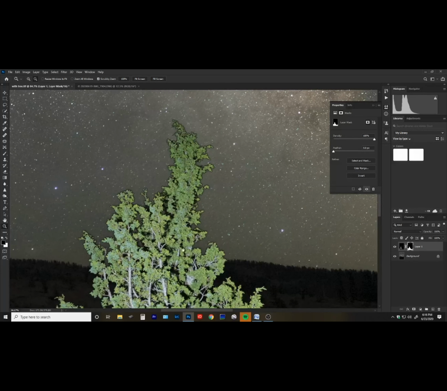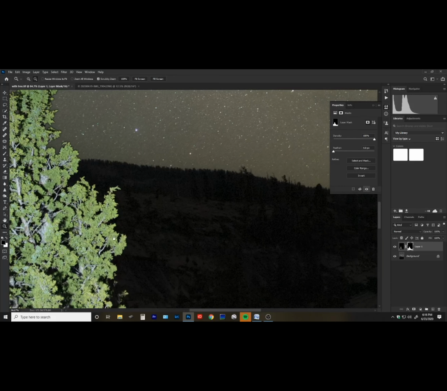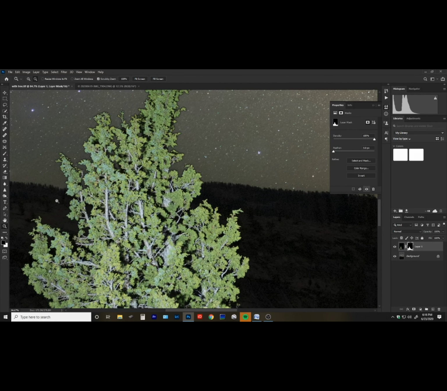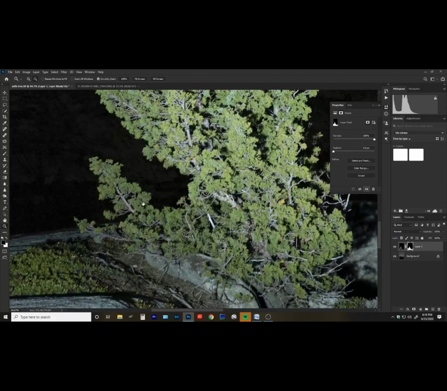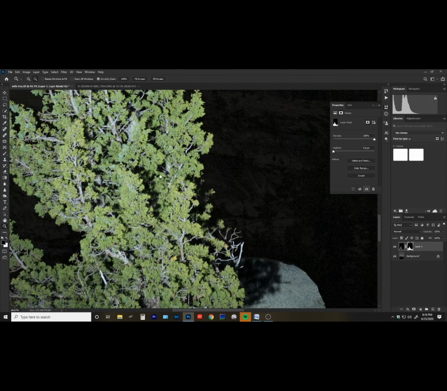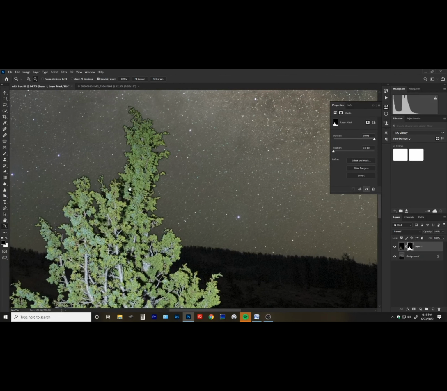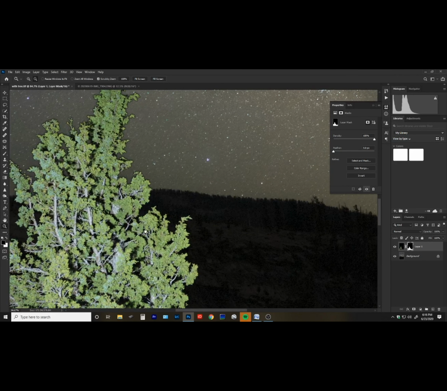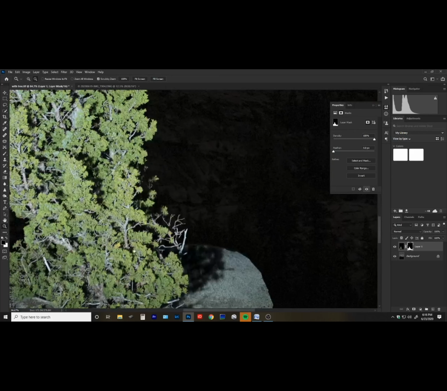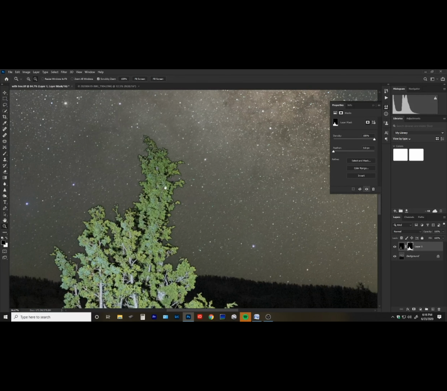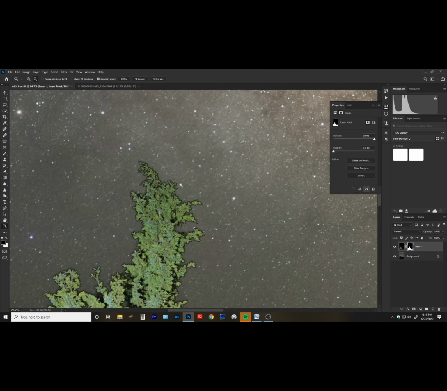Okay. So we have a really good mask right now, and look, appreciate this. Look at all this edge that you would never be able to select without using this method. You would never be able to make a mask without using this method for something as complicated as this tree line. Okay. So now we've got the mask, but what I want to do, let me zoom in to